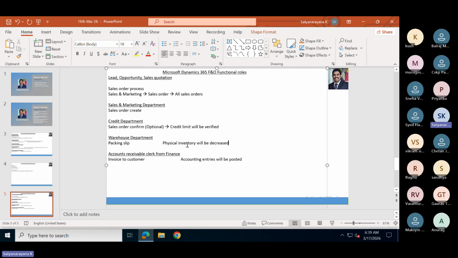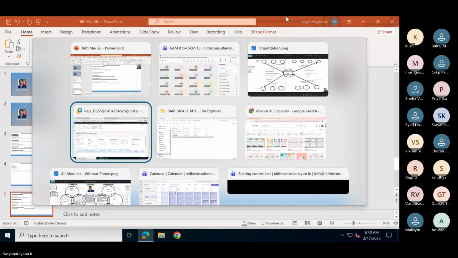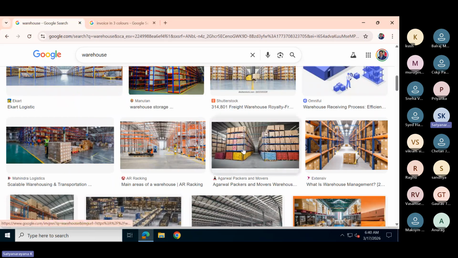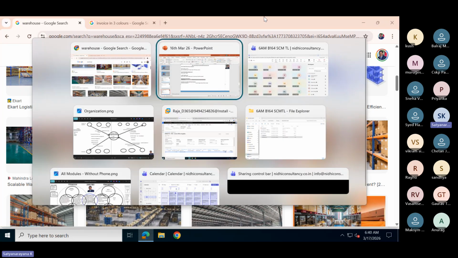Physical inventory decreased means, if you go to this warehouse, suppose 25 items are there, and 5 are delivered to the customer, then 25 minus 5 is 20.